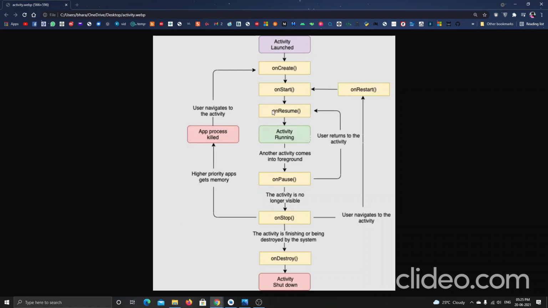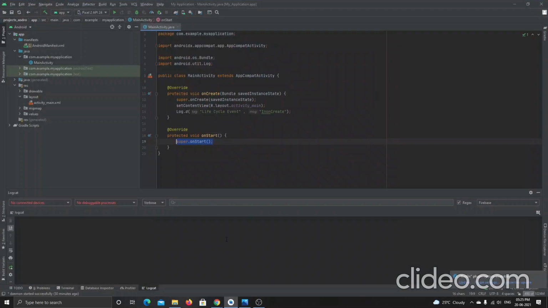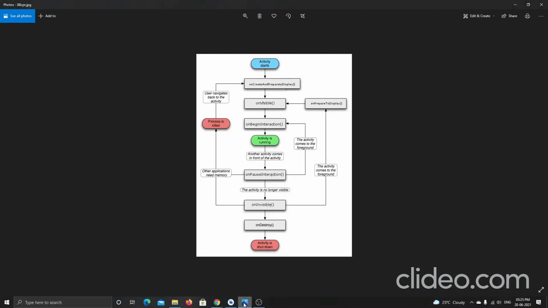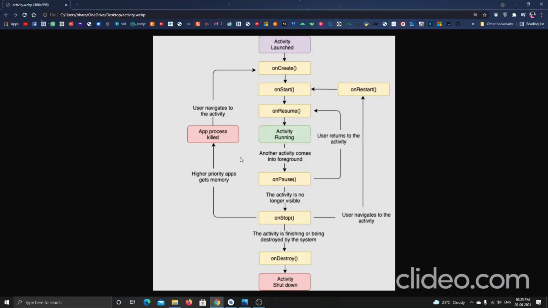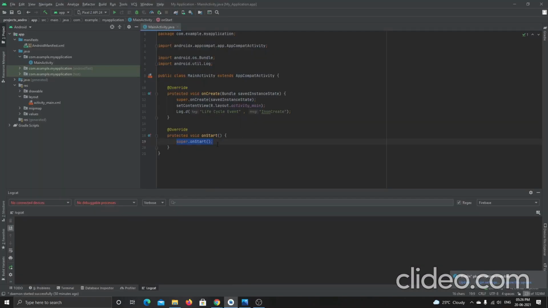These are the override methods we have in Android Studio related to this class. This is also the same thing, the only difference is it has the original name which this override consists of. See, it has on start. If I show the other picture, it has on visible, so you can get confused. So I will use this picture itself. What is there after on create? It is on start, right? So I will include the on start method.